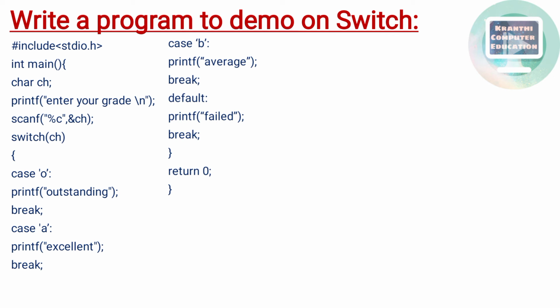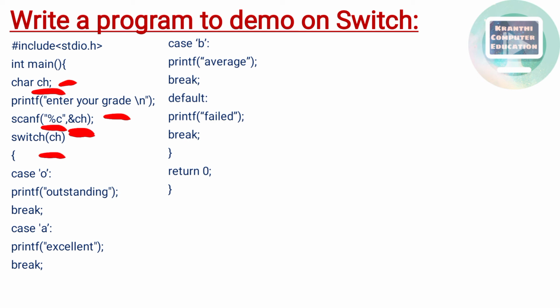See here, in this program we are creating a variable with the name ch and it is of character data type. This program will ask you to enter your grade. Whatever value is entered by you will be stored in the address of ch, meaning inside the variable ch. Here %c is the format specifier for character data type. So our variable is ch, and the value is saved in ch.